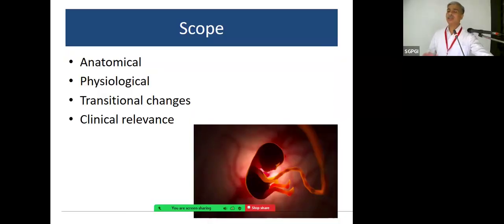My talk shall be covering the following headings, where we shall be looking at the anatomical landmarks or anatomical development, the physiological changes, what happens when the baby comes out, that means the transitional changes, and what is the clinical relevance, a bit of it, so that you have a benchmark or a base for further